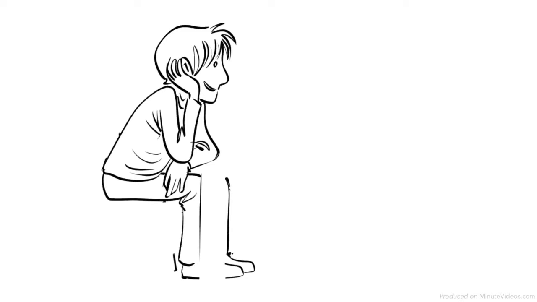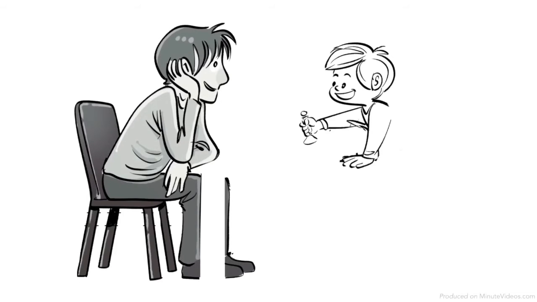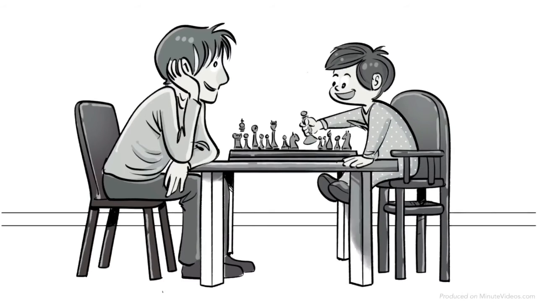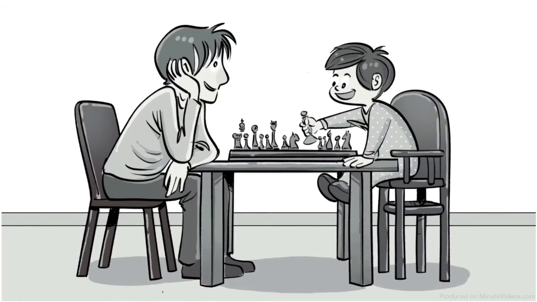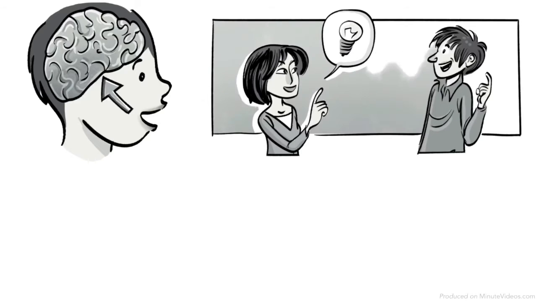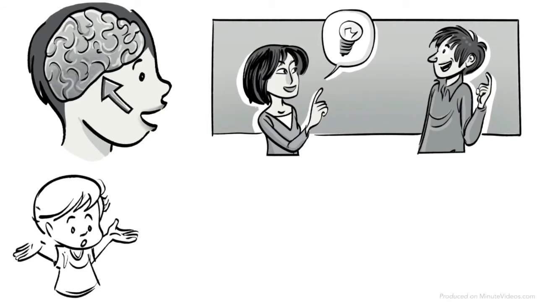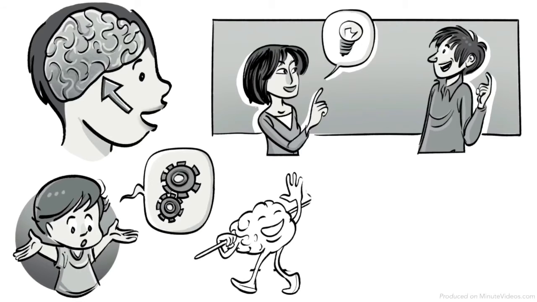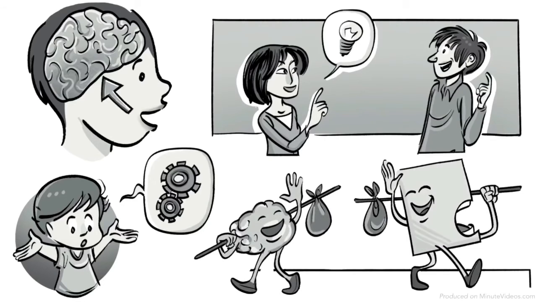Vygotsky therefore believed that inside the zone of proximal development, learning can precede development, which means that a child is able to learn skills that go beyond their natural maturity. He also established an explicit connection between speech and mental concepts, arguing that inner speech develops from external speech via a gradual process of internalization. This means that thought itself develops as a result of conversation. Therefore, younger children who don't finish this process can only think out loud. Once the process is complete, inner speech and spoken language become independent.